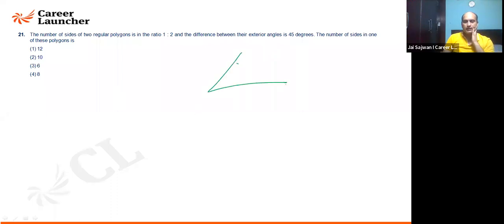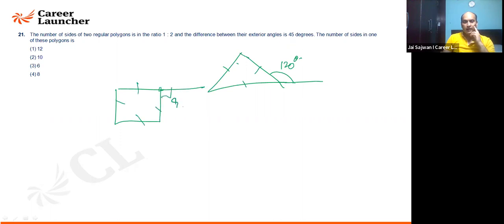Okay, say that there's a triangle. There's an equilateral triangle. Can you tell me how much is this exterior angle? This is 120 degrees. If I'm talking about a square, with all sides equal, how much is the exterior angle? This is 90 degrees. So can I say exterior angle of a polygon